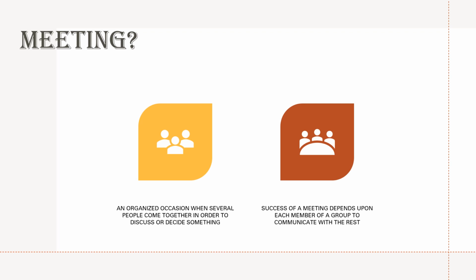Success of a meeting depends upon each member of a group to communicate. How does a member in a meeting communicate with the other people? On that very fact depends the success of a meeting. If the people are participative, there will be good quality deliberations and good discussion happening. If the people are bad listeners, then the meeting will tend towards an argument and we will not have any fruitful outcome. Therefore, the success of the meeting depends upon each and every individual who's a part of the meeting and how each member is interacting or communicating with the other person.